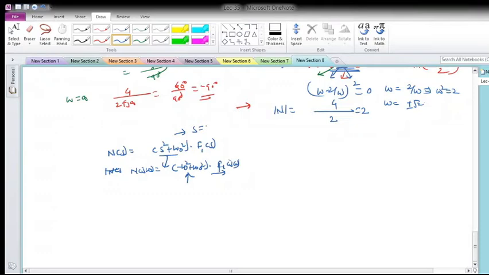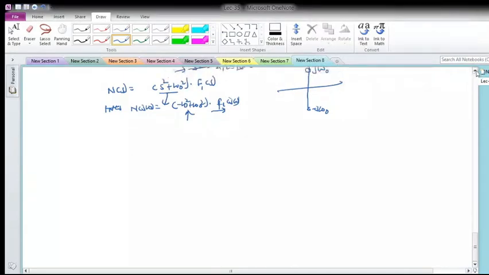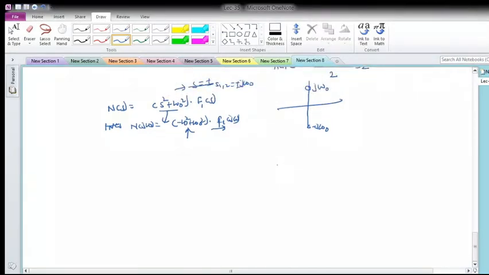The roots will be s equal to s1 and two roots at plus minus j omega naught. This means I will get zeros at j omega naught and minus j omega naught. Now let me evaluate the magnitude and the phase response for this. Let us first calculate the phase behavior due to the complex conjugate pair. Let me draw again here: this is the real part sigma and this is the imaginary part j omega.